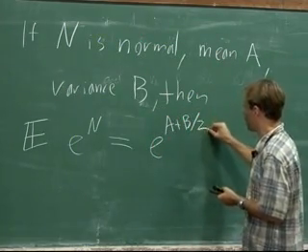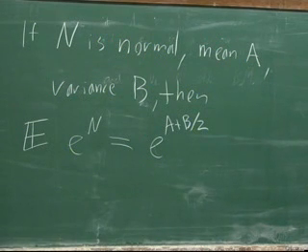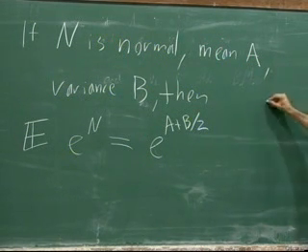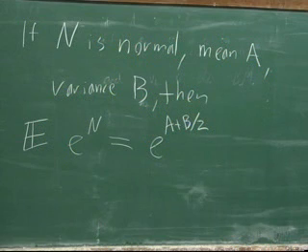Yeah, I mean, it's just this complete-the-square trick, right? For the expectation, you're taking this integral of e to the minus x squared over 2, 1 over root 2 pi, dx. And if you want to compute the expectation of e to something times x, then you put in an e to the